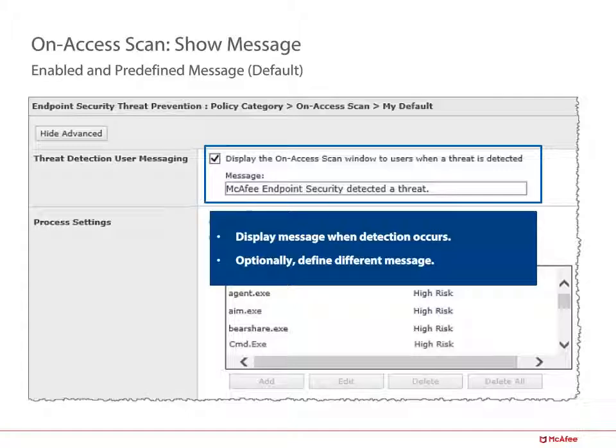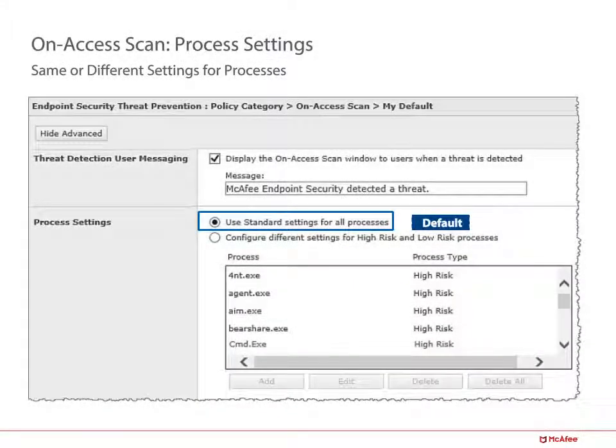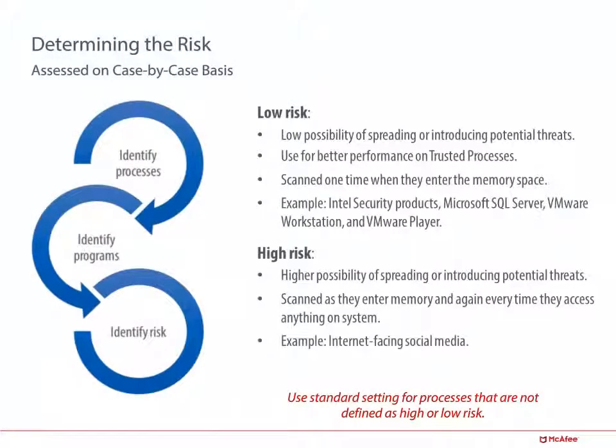The on-access scan feature for the process settings is now the feature where we can go in and say, do I want to use the same settings for all processes, or do I want different settings for the different processes? So I can go in and configure different treatment based on the possibility of a process spreading or introducing potential threats. And in getting ready for the different settings for the low risk or high risk,